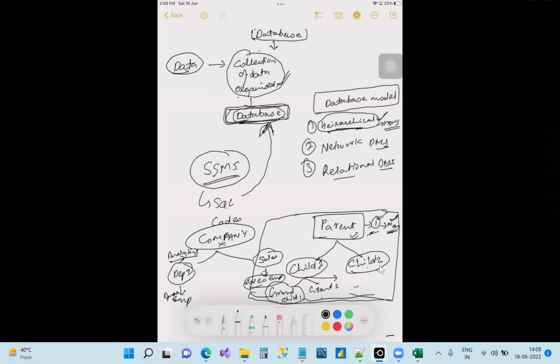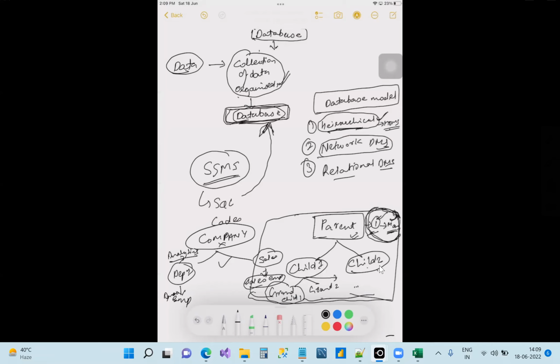Yes or no? This is what we do at present. Remember when SQL started, we used to keep our data this way. Over here, we are having what kind of relationship? One to many, isn't it? So the drawback of this was we could have only one to many relationship. Then came the network database management system.